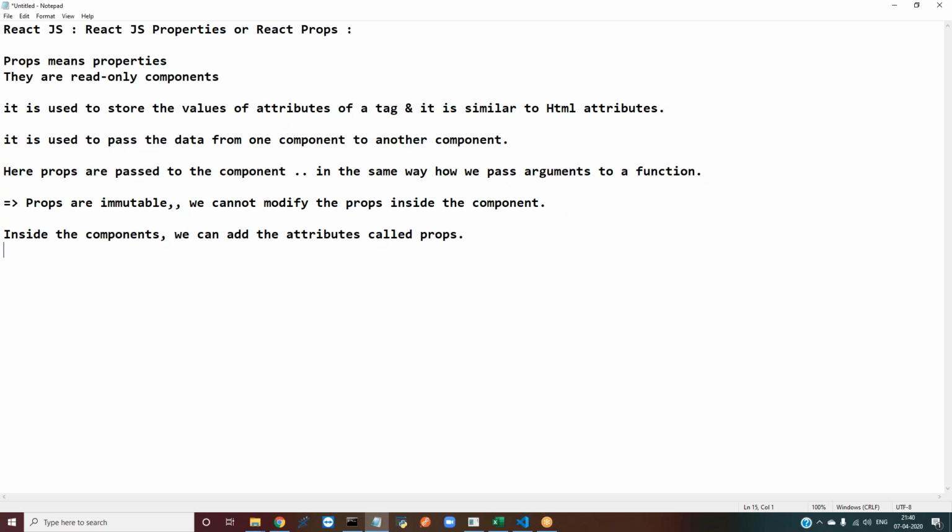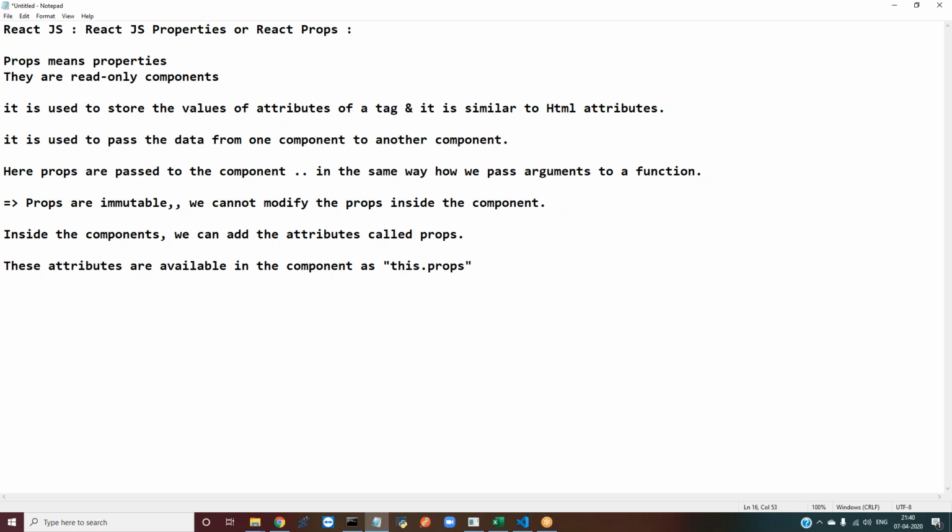These attributes are available in the component, and we call them using this.props. Note this point.